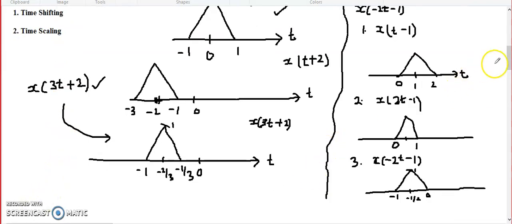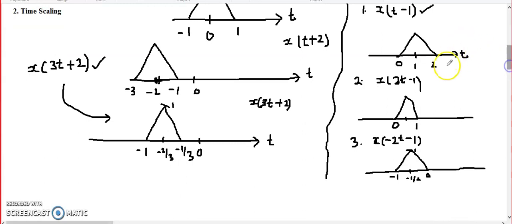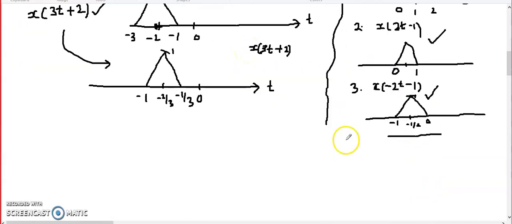Okay, for this, if we need to find out x of minus 2t minus 1, then time shifting will be done first, then time scaling second, and then time reversal third. So x of minus 2t minus 1 will be this. It will be between minus 1 and 0 like this. So if xt is this, then x of